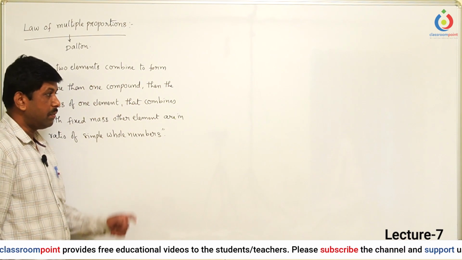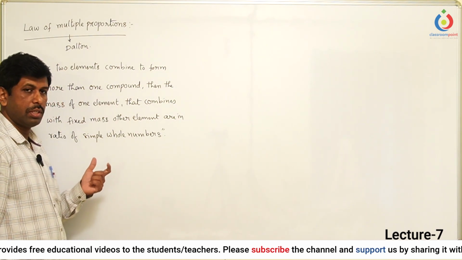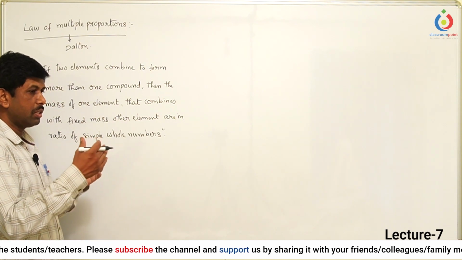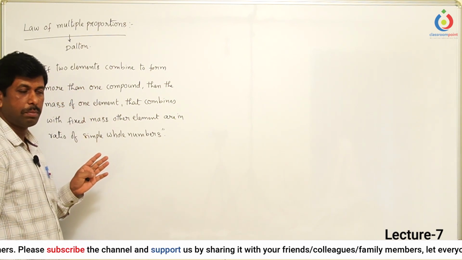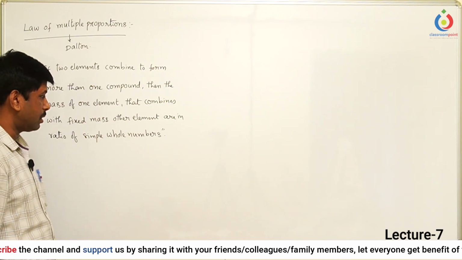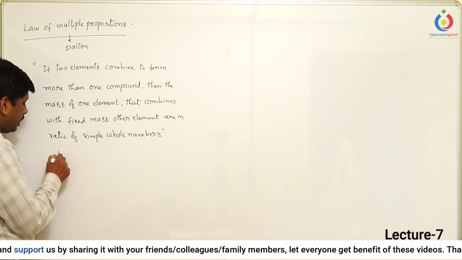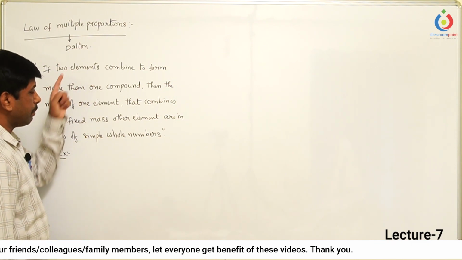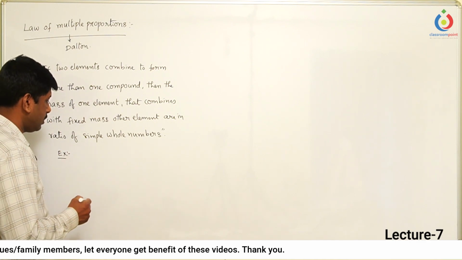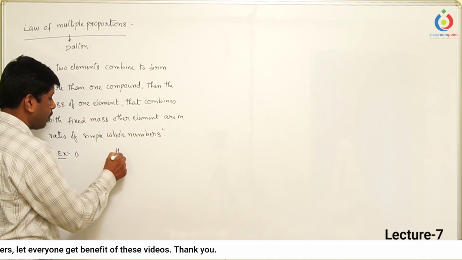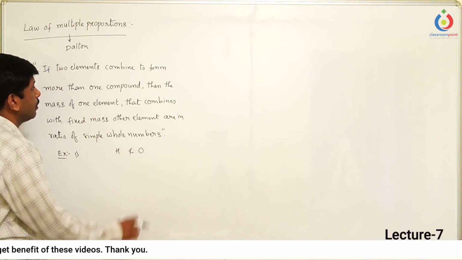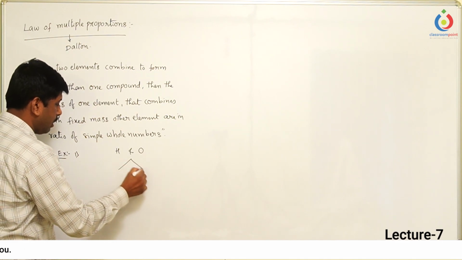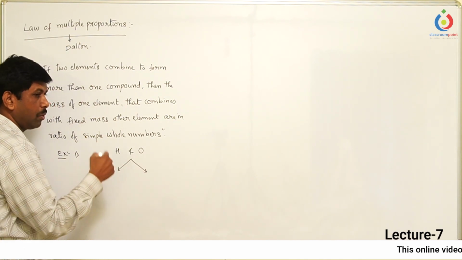If you understand this definition perfectly, we can solve the questions based on the law of multiple proportions very easily, because questions are usually connected only to the definition part in this particular law. Let us see the meaning of the definition. They said if two elements, so let us take the two elements hydrogen and oxygen, combine to form more than one compound. So they combine with each other and form more than one compound,